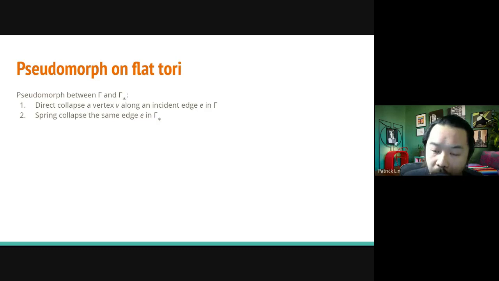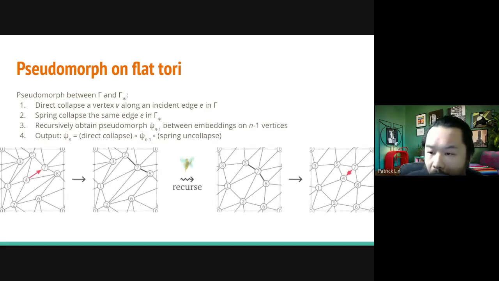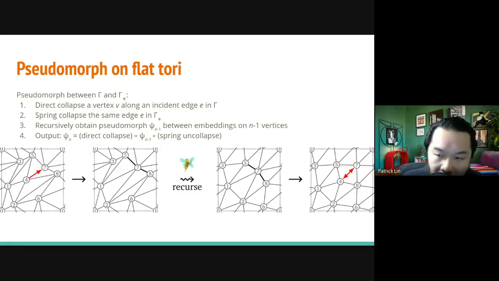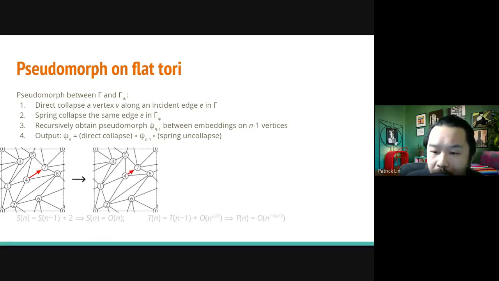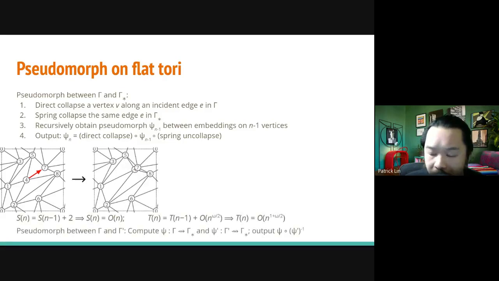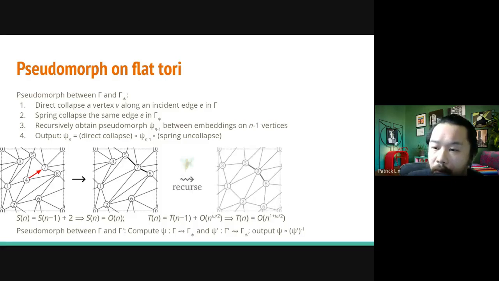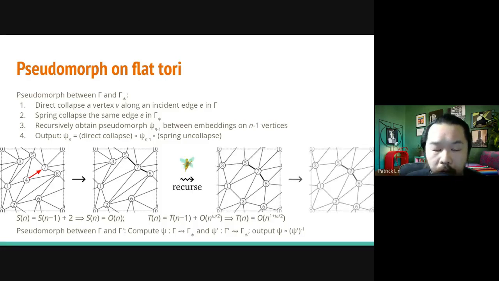And if we perform a spring collapse on the spring embedding, well, the result is another spring embedding. And so instead of recursing twice, we just need to recurse once, because we're back in the same situation as we started in, except on n-1 vertices. And so at the bottom, we do this thing that I showed you where we just slide things around if we are in the situation where we have self loops. And as I said before, we can just combine two of these